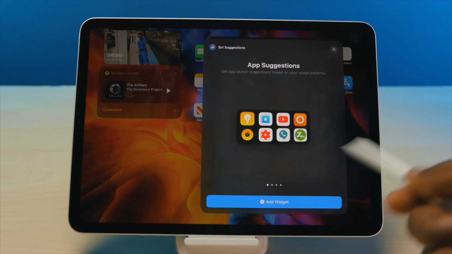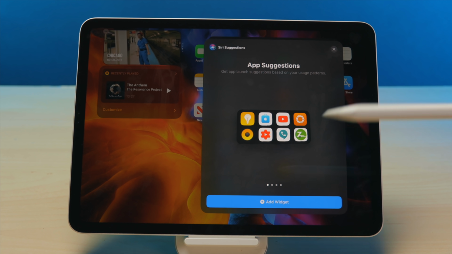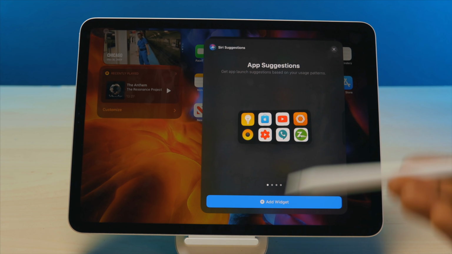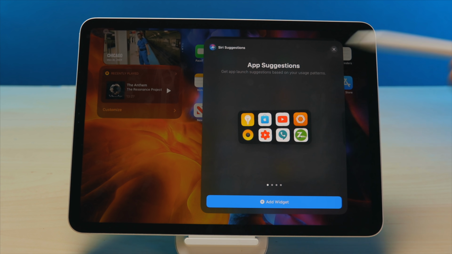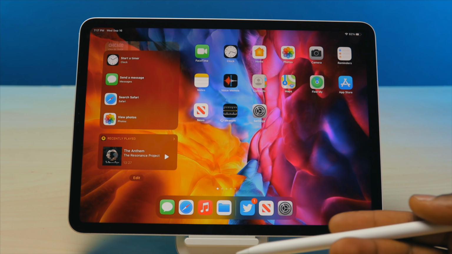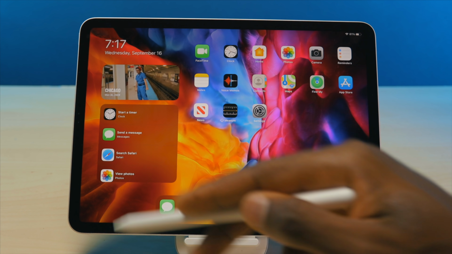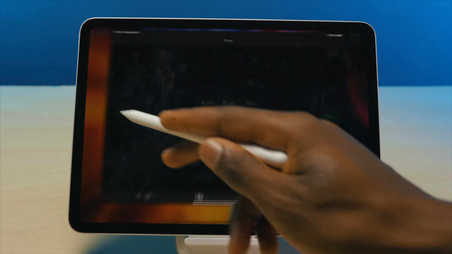Now, this current assortment of applications isn't exactly accurate, but I haven't been using this specific iPad model for very long, so it makes sense that this isn't exactly 100%. But overall, it's a pretty convenient way to access the applications that you may be using the most. If I just want to send a message, boom, just hit the application. Start a timer, boom, hit the clock